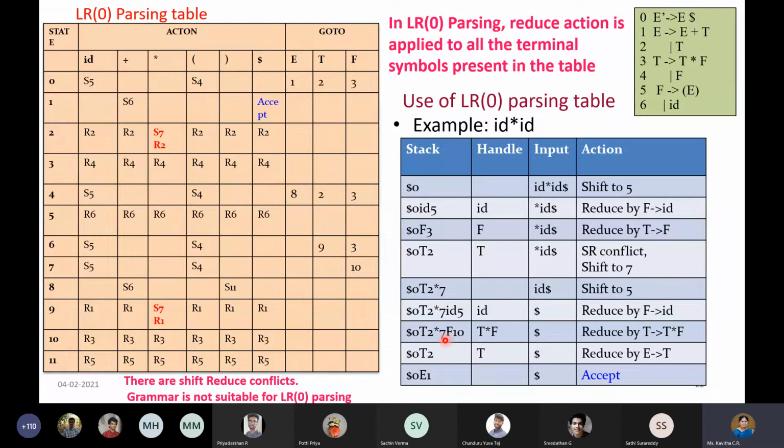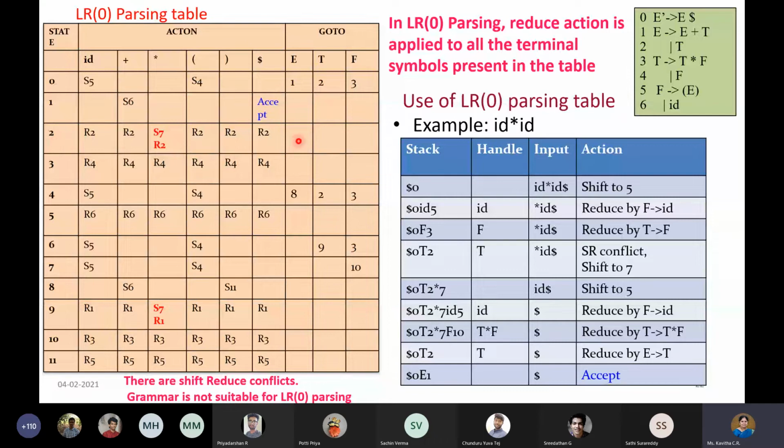So you start from here now. First pop 10, then pop F, then pop 7, then pop star, then pop 2, then pop T also. And in place of all this, what you're going to push is T. So you have popped till here, till T. And now we are going to push T back because my LHS is also T. So when I push T, then again we have to find the next state. At 0 on T is what? 2. State number 2. So now I am at state number 2.